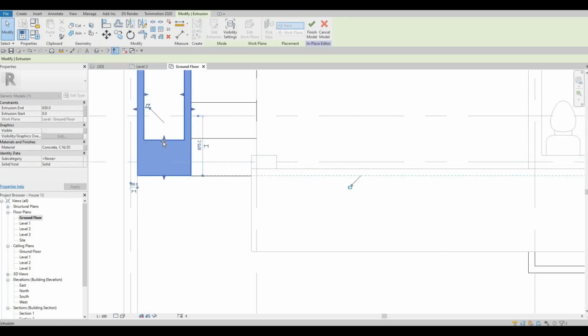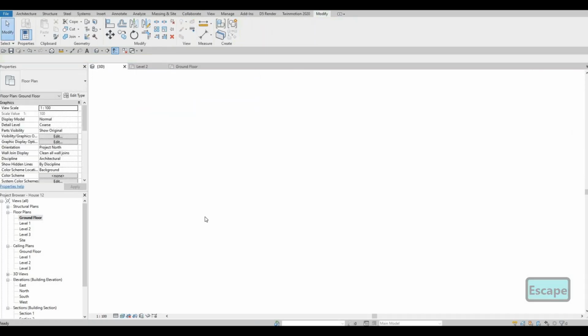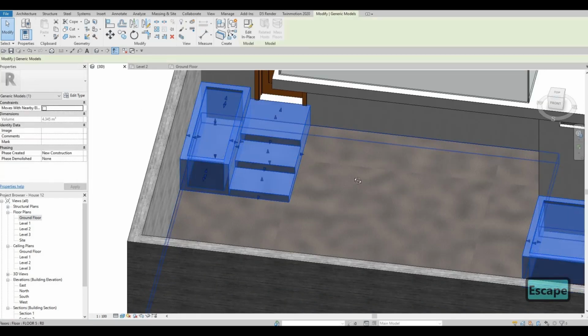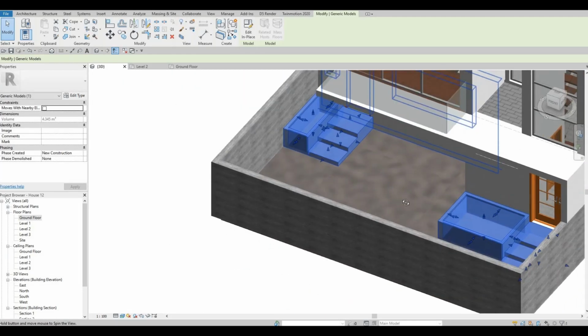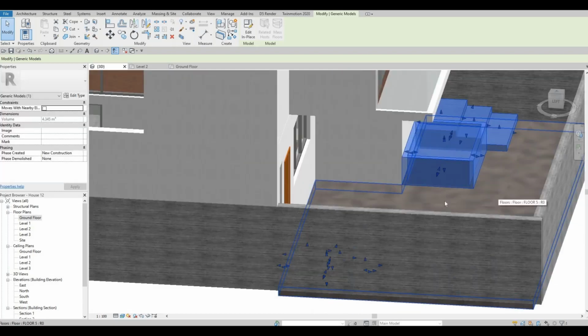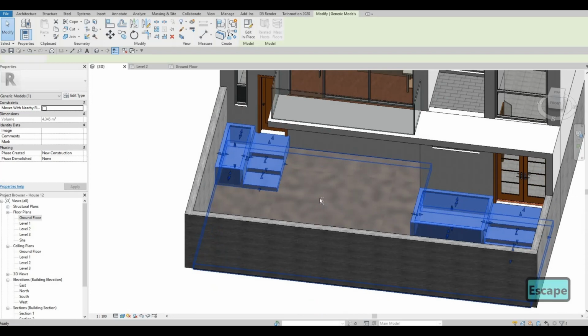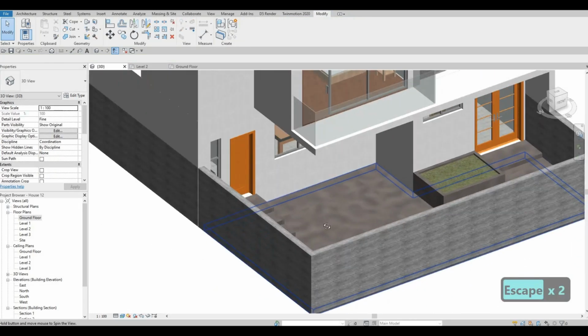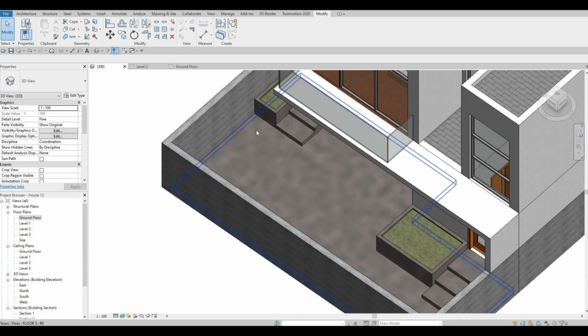We can extend this now if we want to, and click finish. So now it looks like that. We have enough room, maybe one car and some motorbikes, so those kinds of stuff. So we could add those right there, and maybe after this we could put in some here as well,